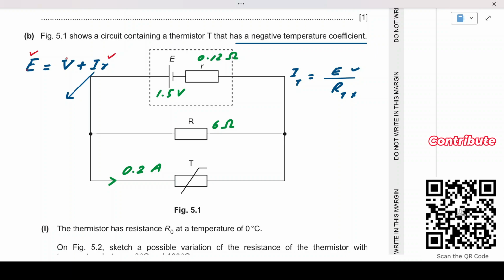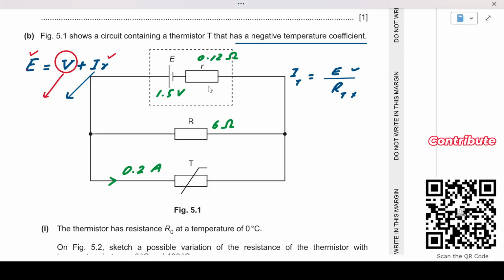The only thing that we do not have directly is the terminal voltage. What do we mean by this terminal voltage? Out of that 1.5 volts, a part of the voltage is dropped across this one. What is the leftover voltage? Is it 1.4, 1.3, 1.2? That is known as terminal voltage. How do we find it? So in order to find the terminal voltage,